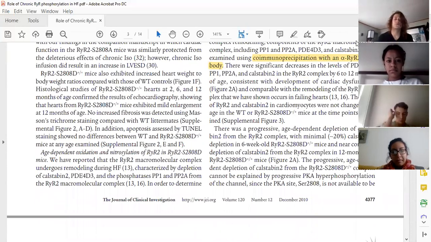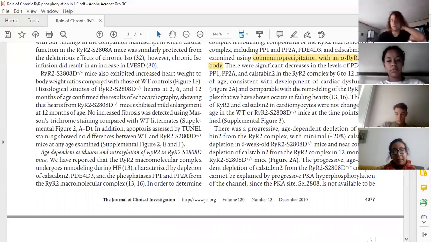So go ahead, Dr. Lemma. There was a progressive age-dependent depletion of calstabin-2 from the ryanodine complex with minimal calstabin-2 depletion in 6-week-old ryanodine plus mice, and near complete depletion of calstabin-2 from the ryanodine complex in 12-month-old ryanodine plus mice. The progressive age-dependent depletion of calstabin-2 from the ryanodine plus complex cannot be explained by progressive PKA hyperphosphorylation of the channel, since the PKA site serine is not available